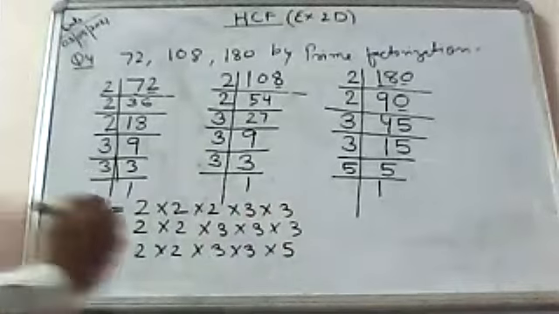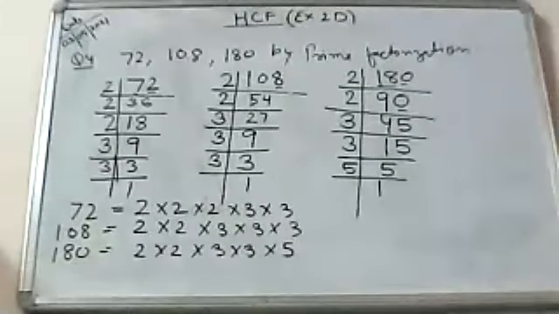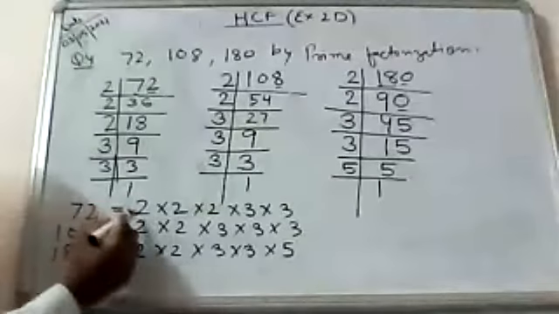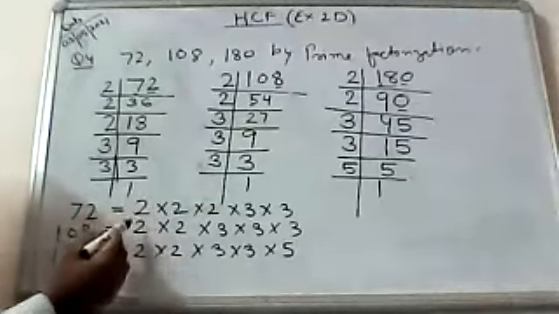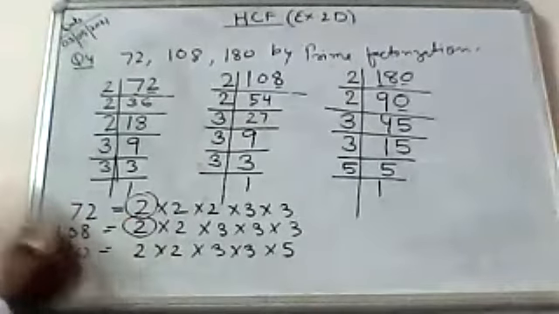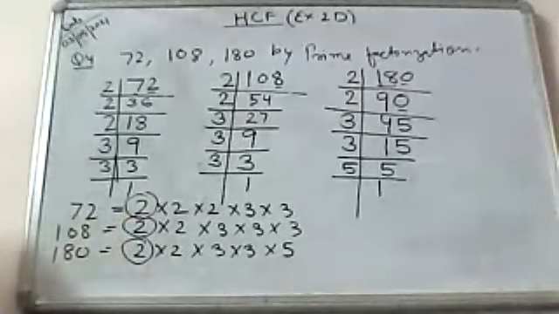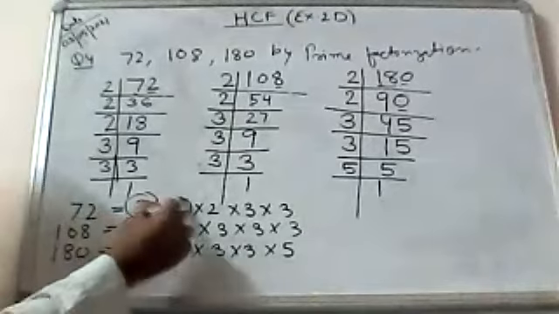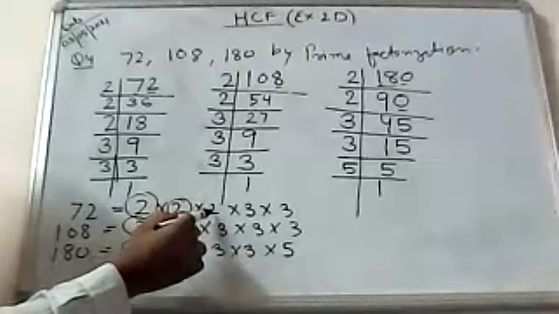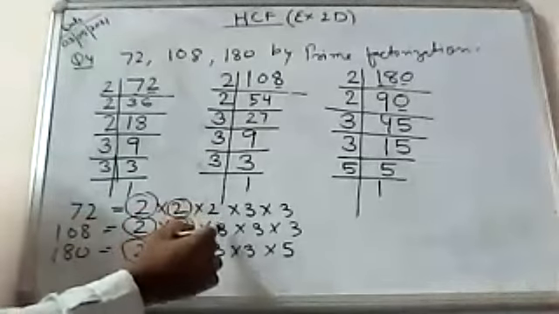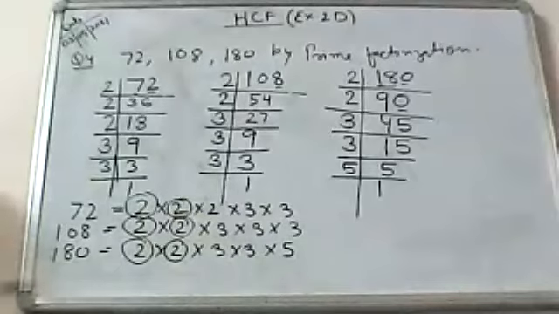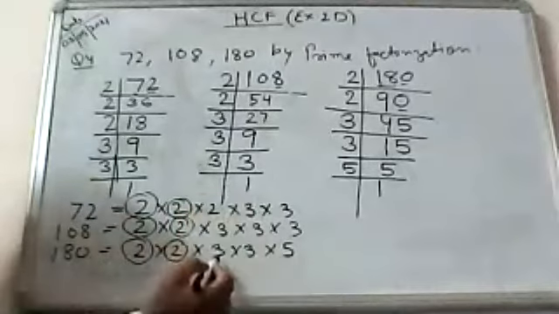Then we will have to choose the highest common factor. So first I take 2. Now check, 2 is in all of them. Yes, 2 is here. 2 is a factor of 108 also. 2 is a factor of 180 also. Again 2 is here. Now again 2, no. 2 is a factor of 72, but not in the remaining two, 108 and 180. Okay, now check whether 3 is a factor of all.